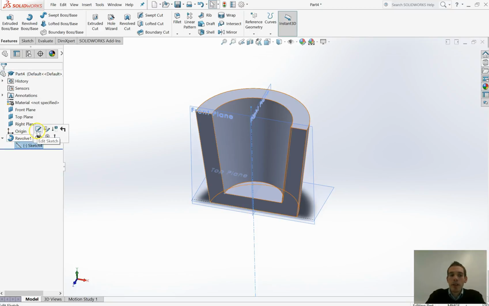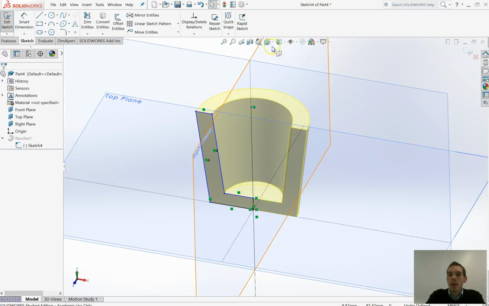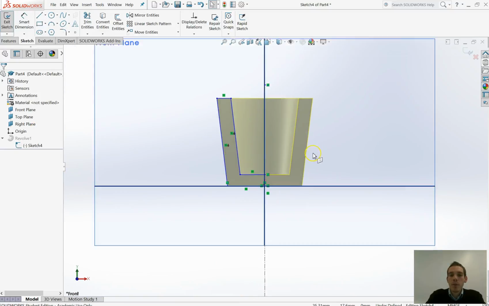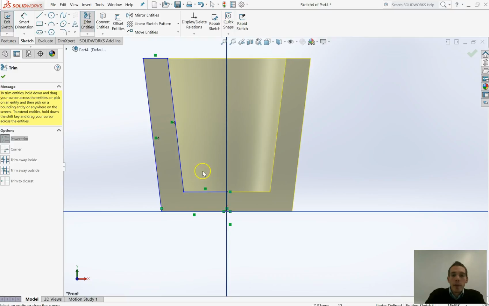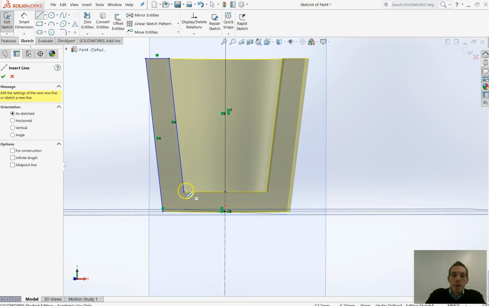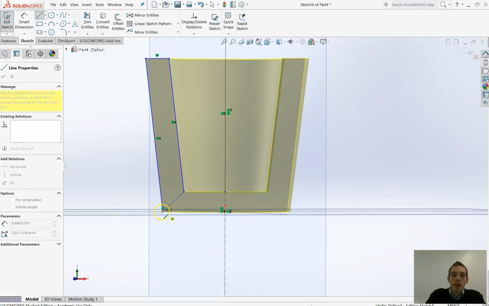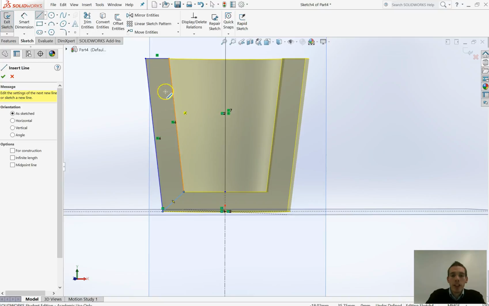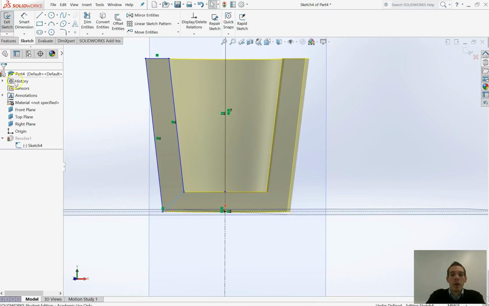Let's see what we can do if we edit this sketch though. What other features can we do? So if we edit the sketch, line it up, go into normal. I'm just going to use my trim entities. I'm going to trim back that area there and that little line there. Okay. So, for example, do I have to join it up to the midpoint? Well, I don't actually. Look, if I just join up my shape here, so you see I've got a line at the top, these sides, and this line, I just roughly put it in at a bit of an angle. It might look a bit rubbish, but let's just see. If I exit that sketch,